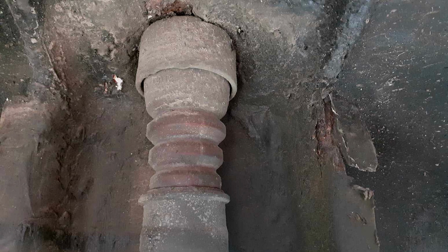It is starting to go at the top, but just take the shock absorber off to assess the metal around the top of the shock absorber. It doesn't look too bad, but it needs to be treated. That's a treatable situation because that piece of metal is about 4 millimeters thick, maybe 5 millimeters. That is thick steel at the top of that strut tower,